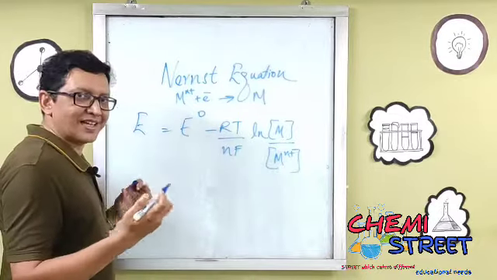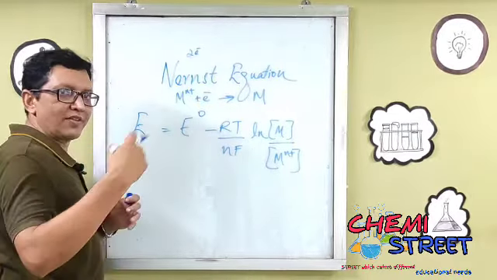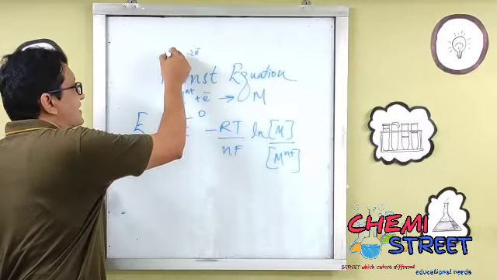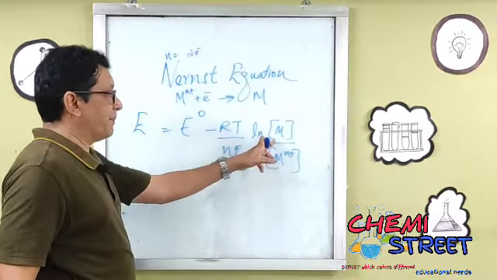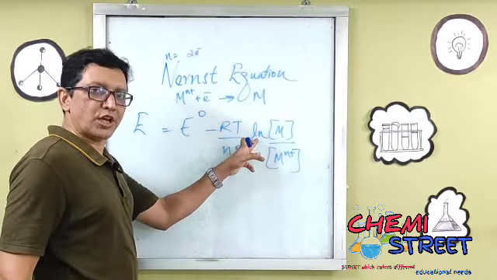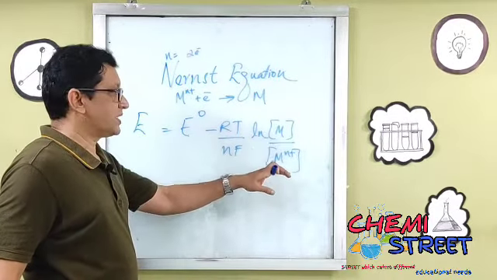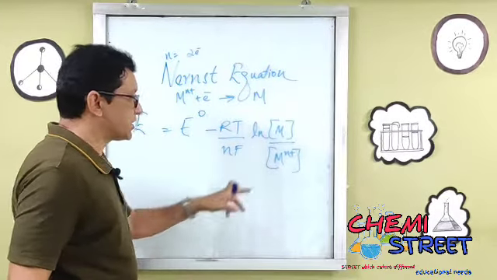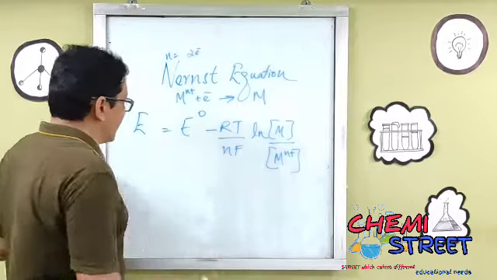In our Daniell cell, you might have seen 2 electrons. In the Daniell cell, 2 electrons are given by zinc and 2 electrons are accepted by copper. So in the case of the Daniell cell, the value of N is equal to 2. And ln represents the natural logarithm, and the bracketed terms represent the concentration of the metal, as well as Mn+, that represents the molar concentration of the metallic ions. Okay.